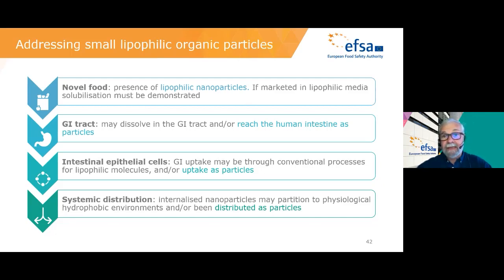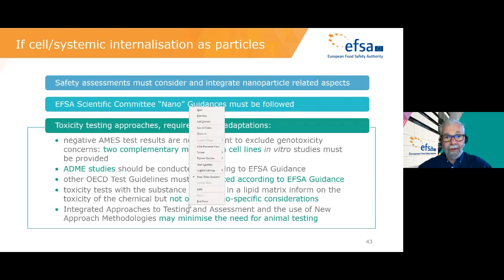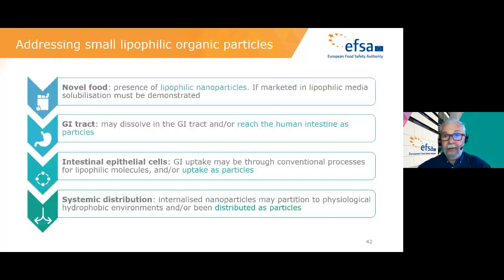Once in the intestine, the next step is what happens with the epithelia, with the cells that cover the intestine. These cells have the capacity to take up nanoparticles, so it's important to know if the absorption of CBD is as a normal lipophilic molecule or as particles that obviously include a huge amount of molecules in each particle. And in case there is uptake of the particles by the cells, these particles may also be distributed to other organs. If there is a confirmation that there are particles taken up by the cells and distributed systemically to the other organs, then